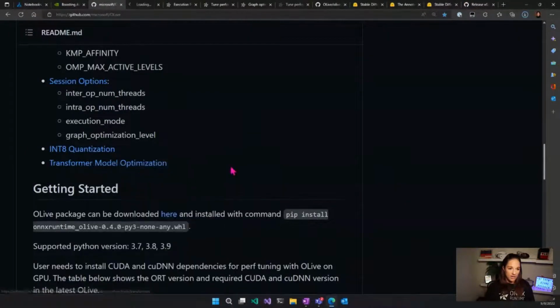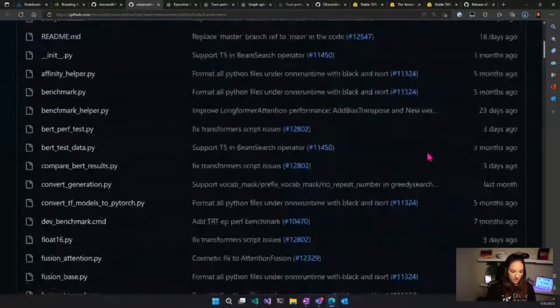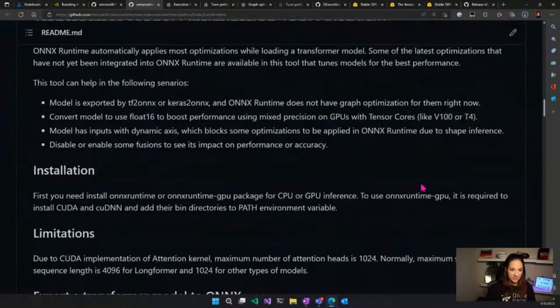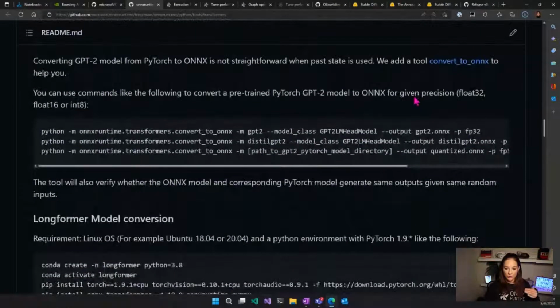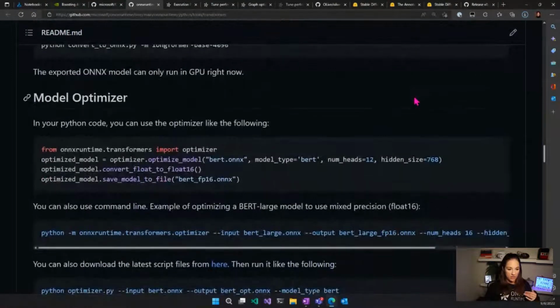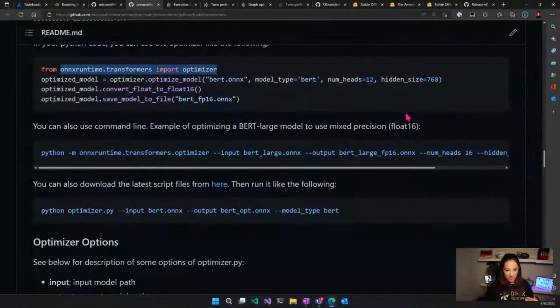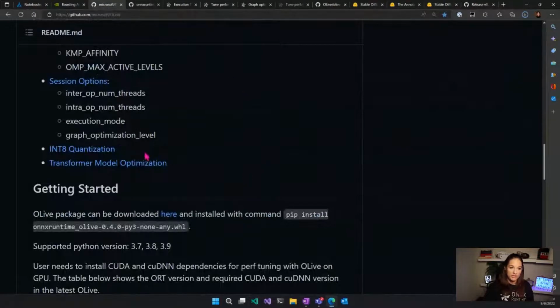Now it also has transformer model optimization. Onyx Runtime has optimizations that work for transformer models, but they have an additional package that is specific to optimizations for transformer models. This one talks about what you'd have to do in order to use these additional configurations and optimizations with the Onyx Runtime Transformer optimizers, and you can see how you would do that. But this is all built into Olive,